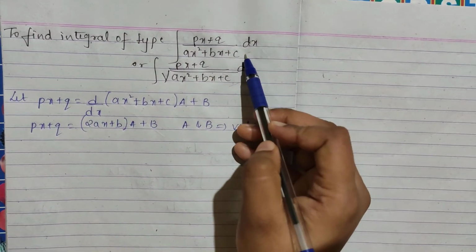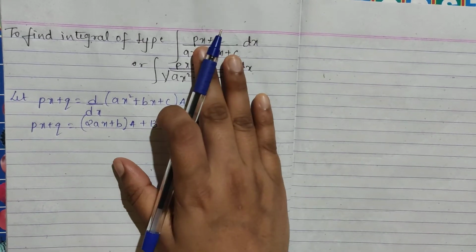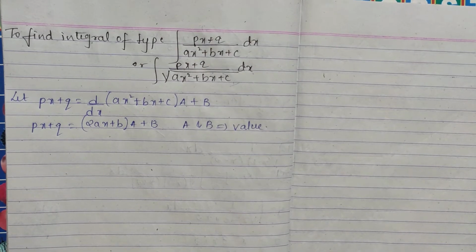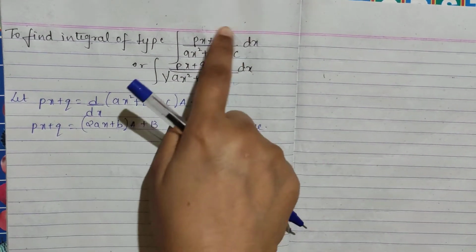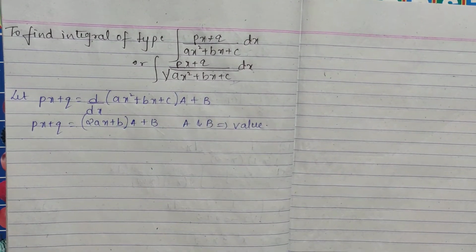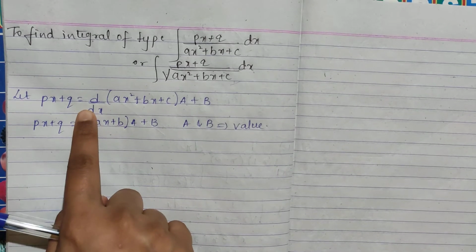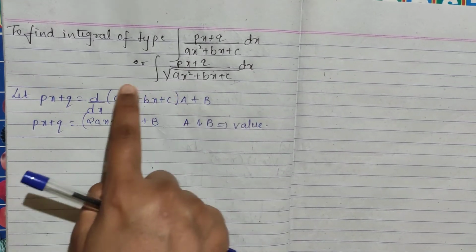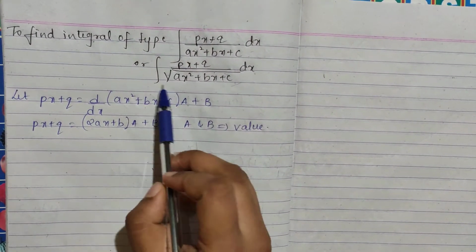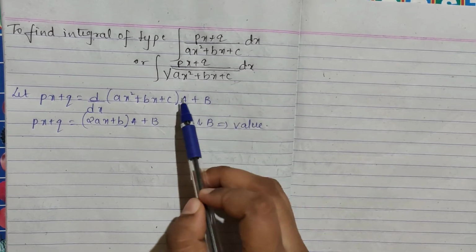But in some cases, when we go for substitution, when you're differentiating the denominator, its derivative should match your numerator. If such a thing is there, then only we go for substitution, right? In some cases, if we are not getting the derivative in this pattern, then you can apply this method. What is this method? Consider your numerator, write it equal to the differentiation of your denominator into a plus b, okay, into a plus b.